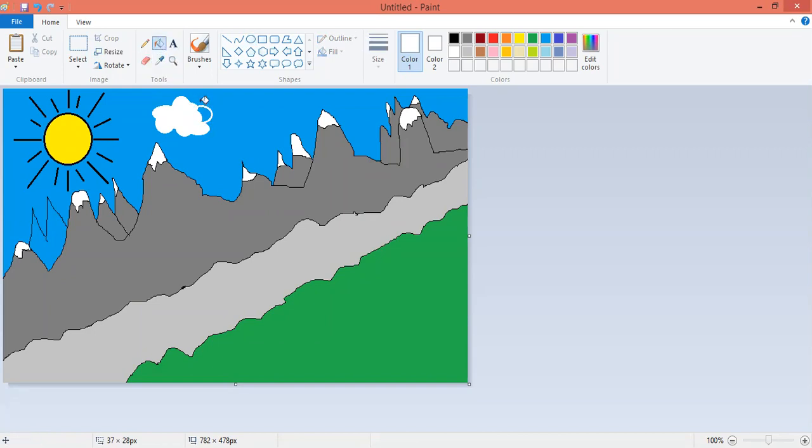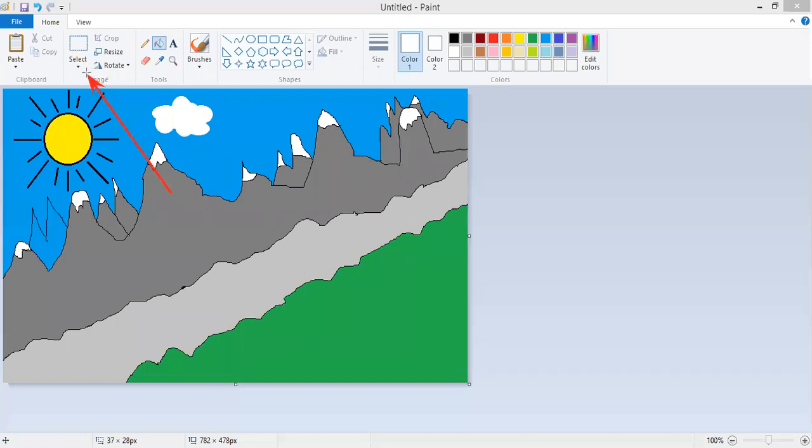Okay, so the cloud is there. How do we make a cloud? Just with the help of circles, white circles. Now we have to cut one area. We have to cut the circle. Again, we go towards the selection tool, which is given in the book on page number 46.